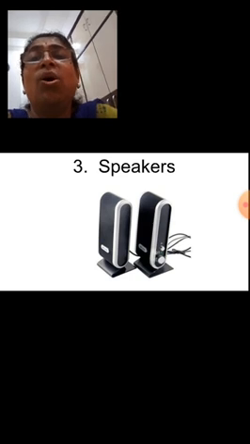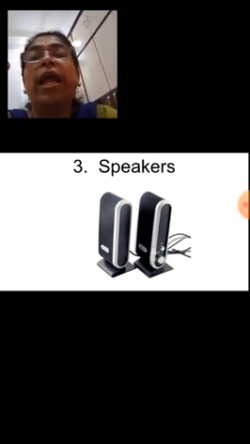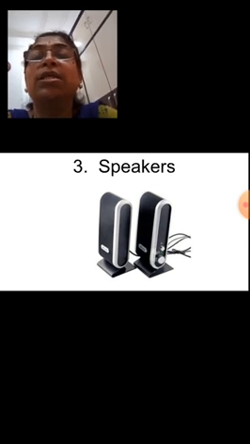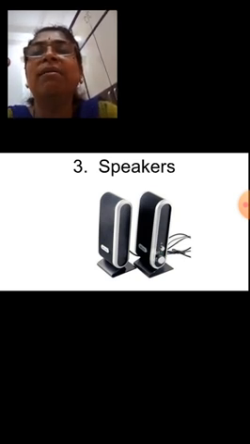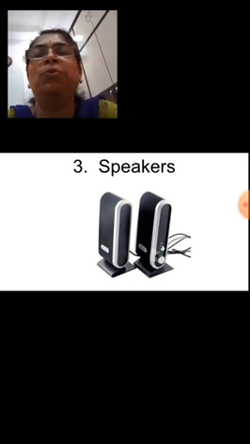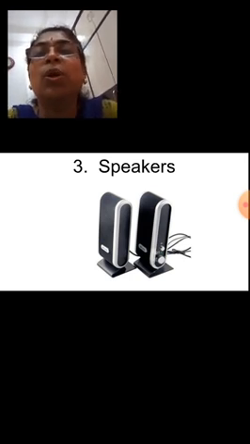Now comes the speakers. When you are recording something like your song or voice or dialogue or story on the computer, there should be some device to hear whatever is recorded inside the computer. Correct. These speakers are used to hear whatever is stored inside the computer. All of you know the music system.